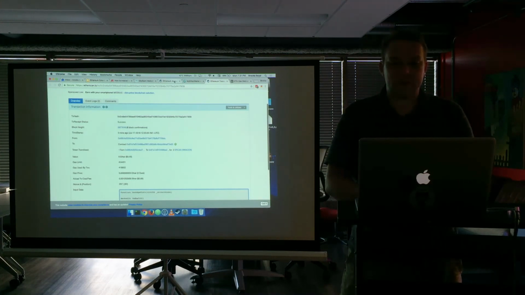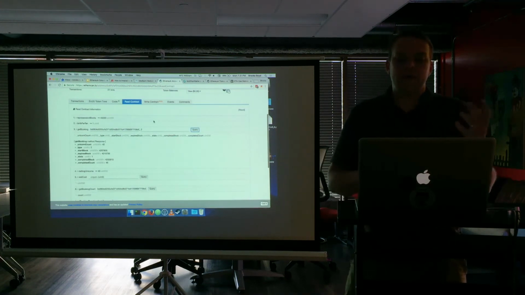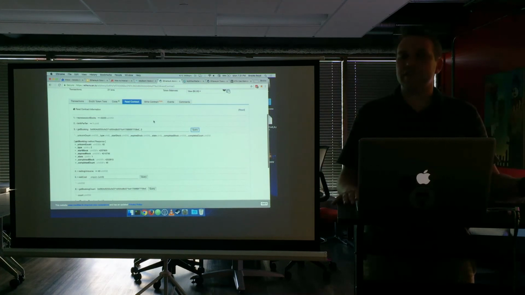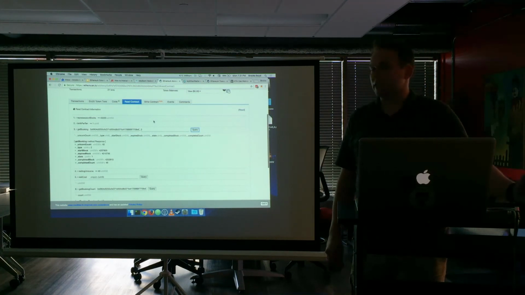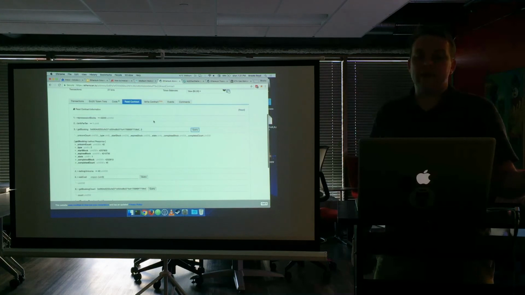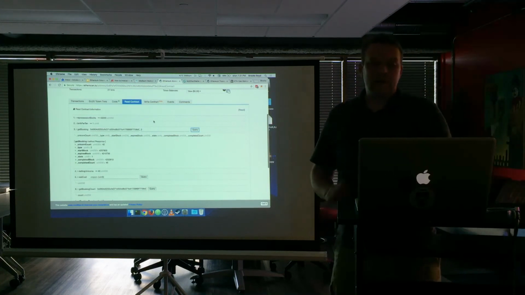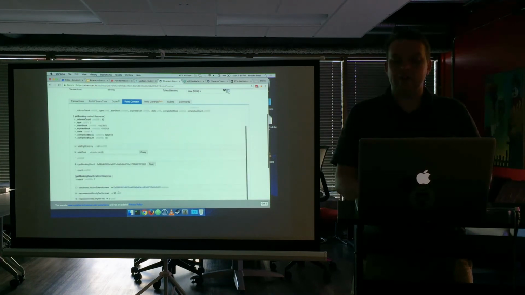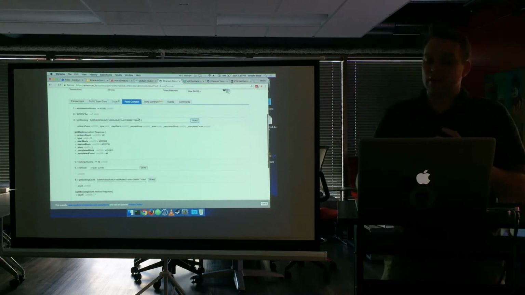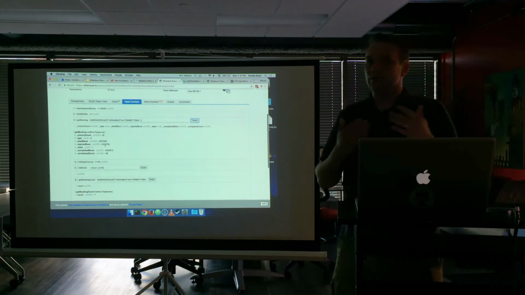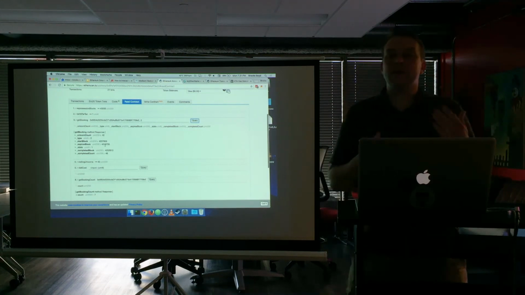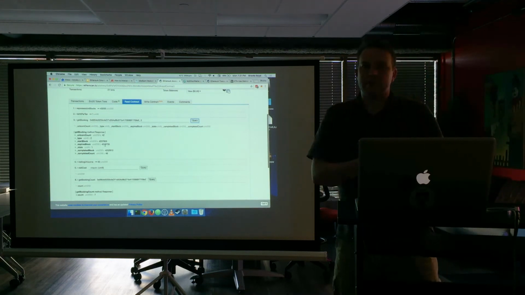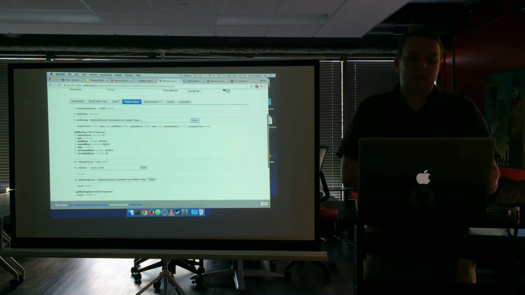The answer is that as part of the code, it can tell if it's going to change data on the blockchain. Anything that changes data needs to be signed and costs gas to do so. Anything that is only reading data, even looking up how many are in an array, or doing some simple math like what is the expiration date for this one, can be done for free because it's a read-only function. It's only reading the data out. It's not actually affecting the state of the blockchain.